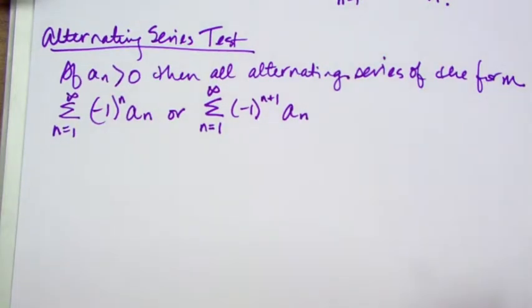Let me give you a minute to get that down. If a sub n is greater than 0, and notice that my a sub n is the term generator without the negative 1 piece, without the part that makes it alternate. So if that's greater than 0, then all alternating series of this form